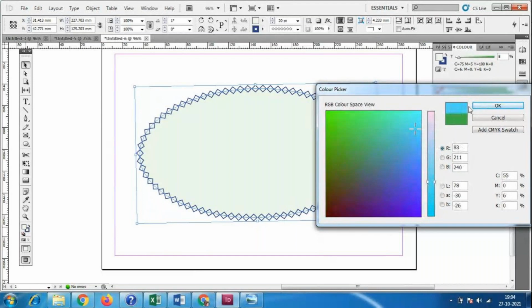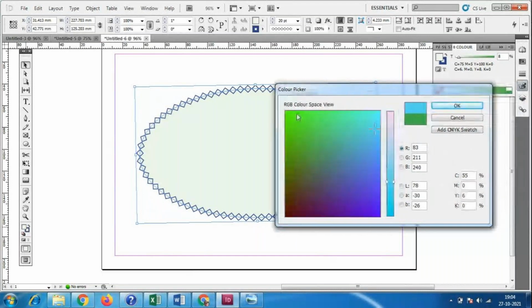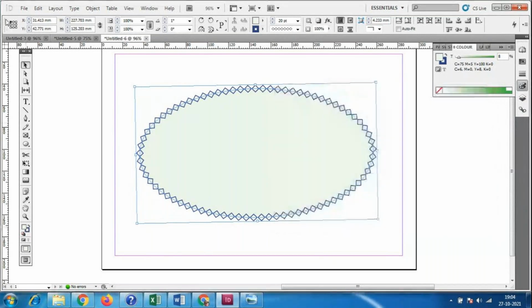Here we are going very deep into the colors. When you are taking the colors, look here, the color changes are there. We are using CMYK colors, RGB colors and Lab colors. The Lab color is not clicked here. Most probably we are always using InDesign for printing purposes, so that's why we are using CMYK colors.